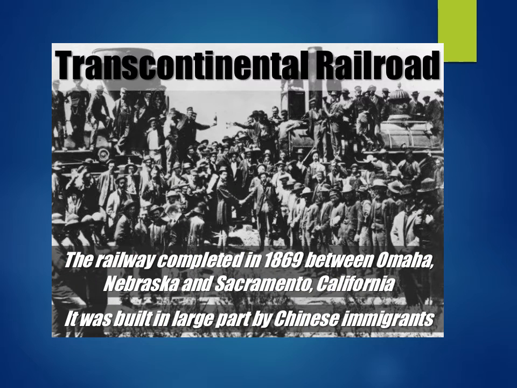This is the famous photograph from that. If you can see in the middle, there's two men shaking hands, each representing the two different rail lines. But it was completed in 1869, so it took under 2 years to build the railroad, but now we've connected the west coast to the east coast through this, and at Promontory Point is where the two rail lines met up. So now we have our first transcontinental railroad. Several more are going to be built in the latter part of the 1800s as well, but this was the first one.